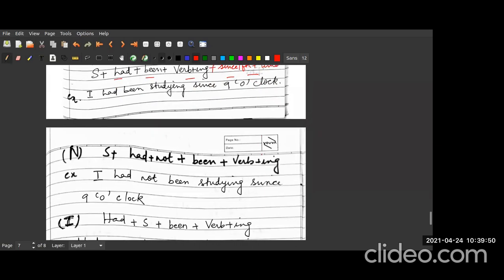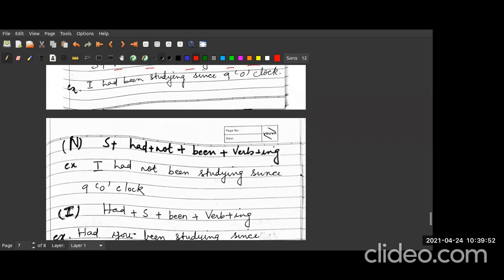Then making the negative is very easy. ये had के बाद बस not लगा देना तो वो negative हो जाएगा. So in most of the tenses, you just have to add the not after the helping verb. But only in two tenses you have to remember. It is formed